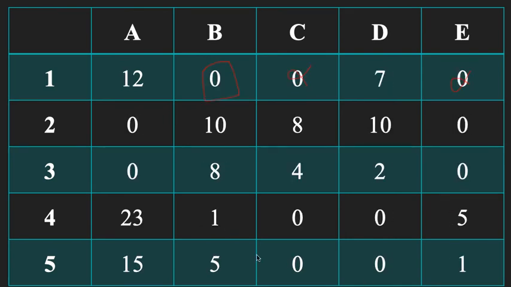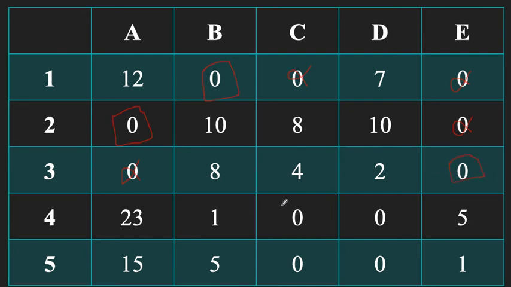That means this assignment problem has multiple solutions, because we don't have any single zero row or column now, right? So how are we going to make the assignment here? We'll make it like this. We are going to assign this, and we are going to assign this job here, and this we are going to cancel here. Fine. Then we can cancel this one, and we can assign the job to this.